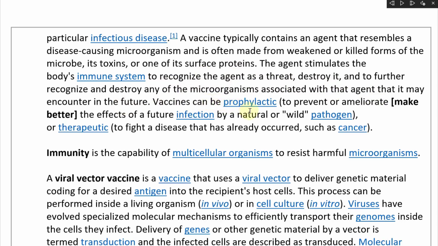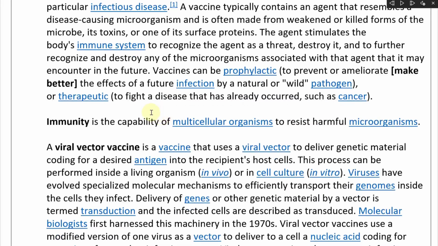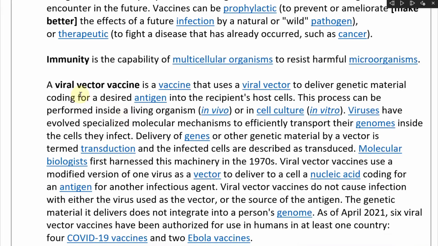Vaccines can be prophylactic, to prevent or ameliorate, which is to make better, the effects of a future infection by a natural or wild pathogen. It's interesting. Or therapeutic, to fight a disease that has already occurred, such as cancer. So there are vaccines for pretty much everything. Immunity is the capability of multicellular organisms to resist harmful microorganisms. A viral vector vaccine, there are different types of vaccines, is a vaccine that uses a viral